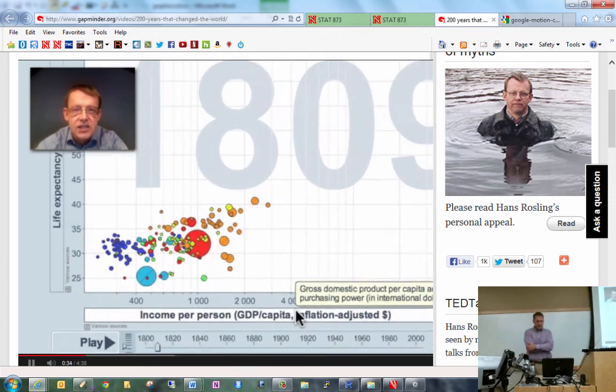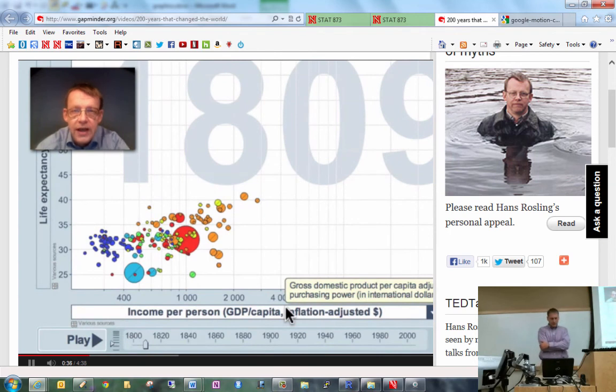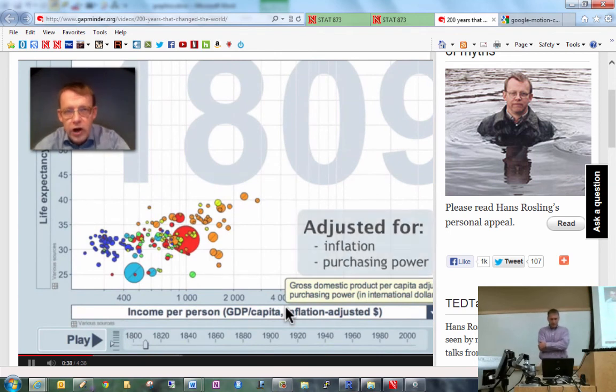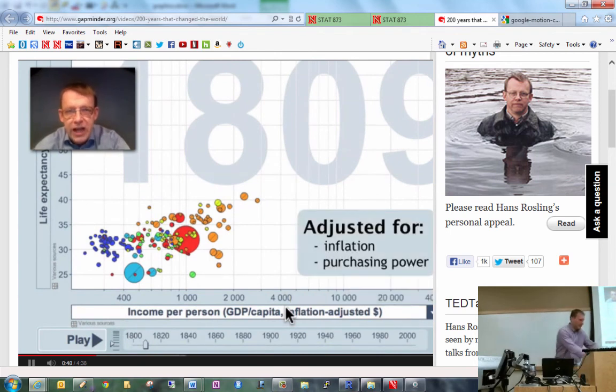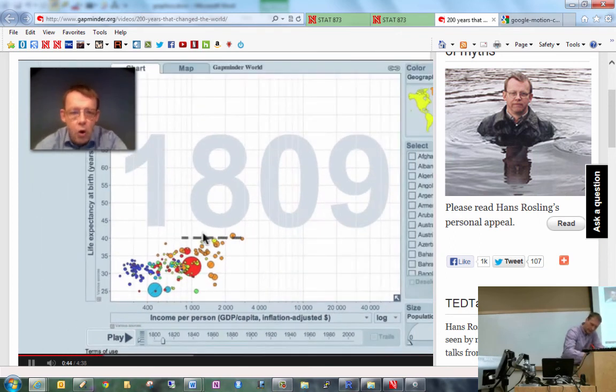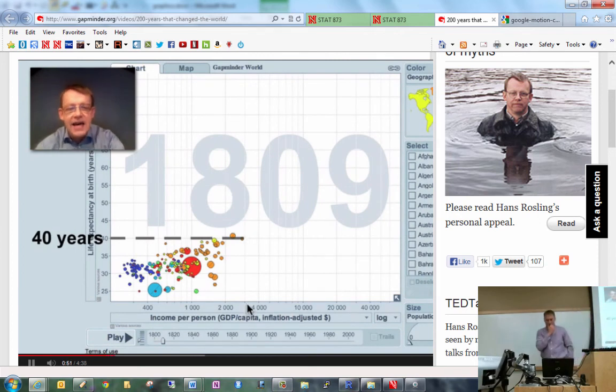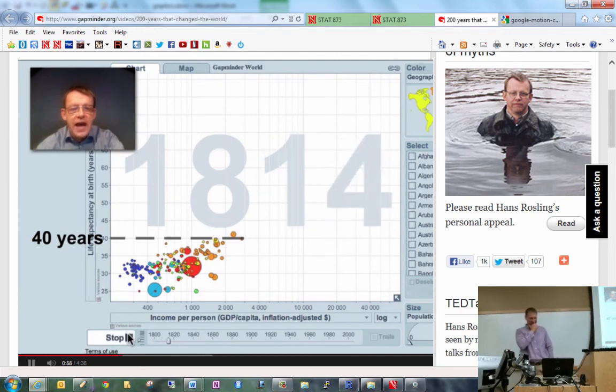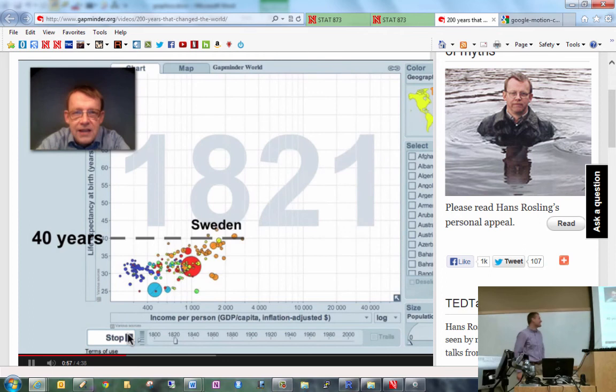And this axis shows income per person in dollars adjusted for inflation and for purchasing power. 200 years ago, all countries of the world had a life expectancy less than 40 years and had an income less than $3,000. Now, I start the world, and you can see that the countries with good statistics,